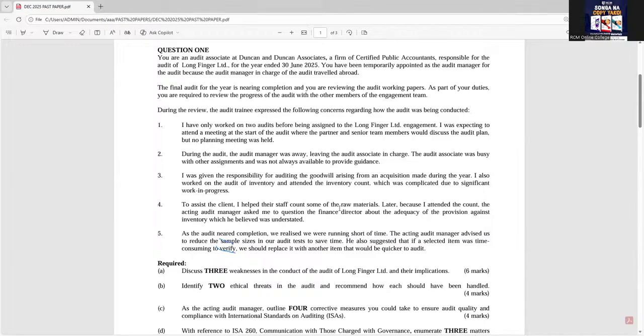What else? Which other threat can you identify? Familiarity. I can say, okay, familiarity can be there. Yes, you can say familiarity. I wish CLA could expound on that a bit. Familiarity, how does it come out? It can be a threat.